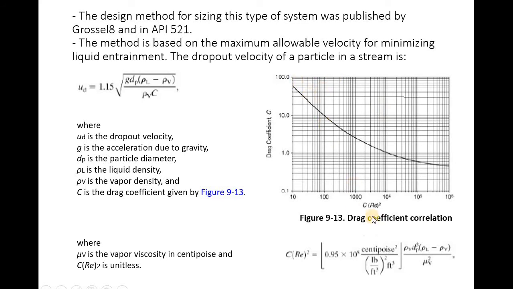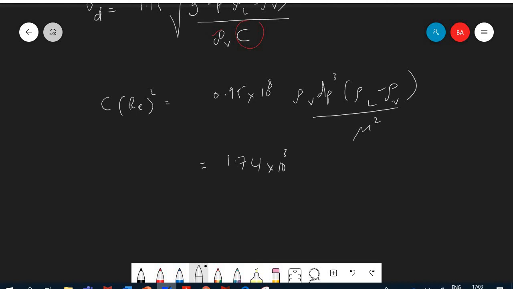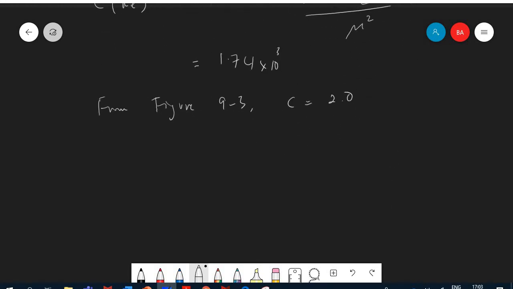After you get that, from the figure that we have, 1.74 into 10 to the power 3, which is 1743, it looks like it is about 2. The drag coefficient is equal to 2. From figure 9.13, I have C equal to 2, and then I'm going to substitute into the equation of UD, the drop-off velocity, which is equal to 1.15 into all the bits and pieces that I want to include in my equation here,